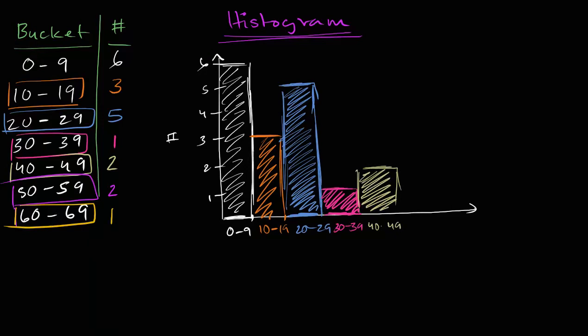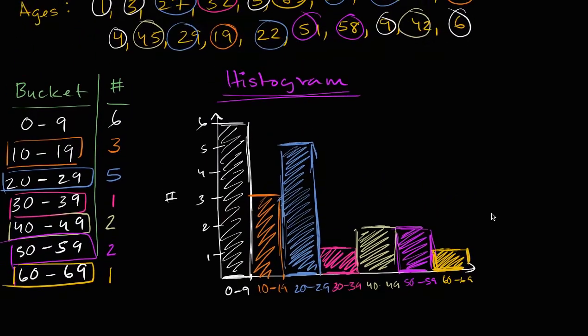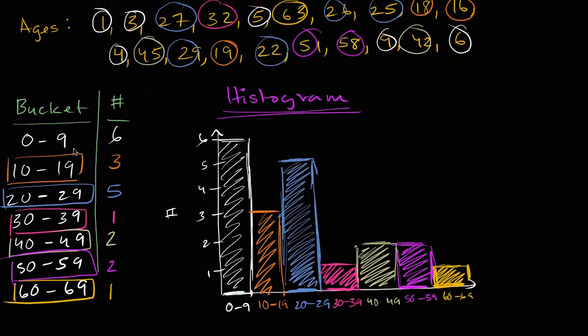Almost there. 50 to 59. We have 2 people. So that's that right over there. That's this category. And then finally, 60 to 69, we have 1 person. And what I have just constructed, I took our data, I put it into buckets that